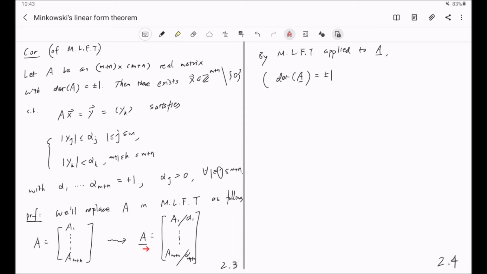So the determinant of this is still equal to plus minus 1. So apply the theorem to this matrix,